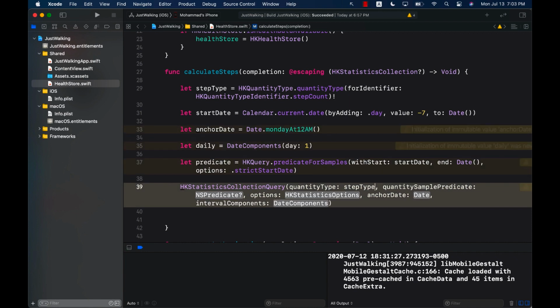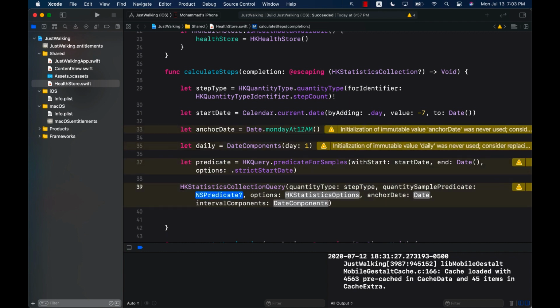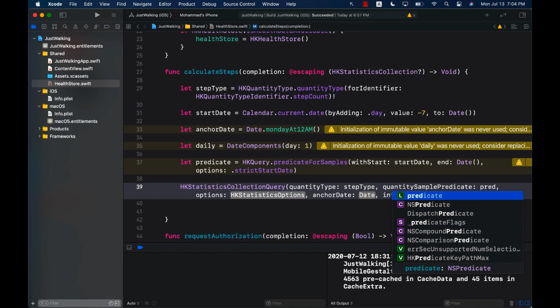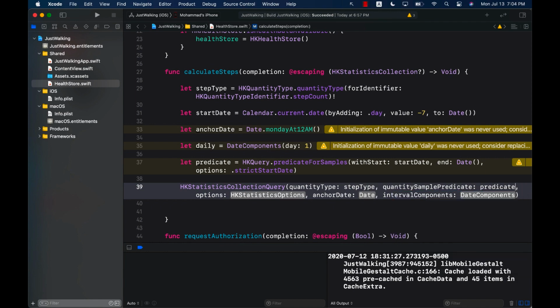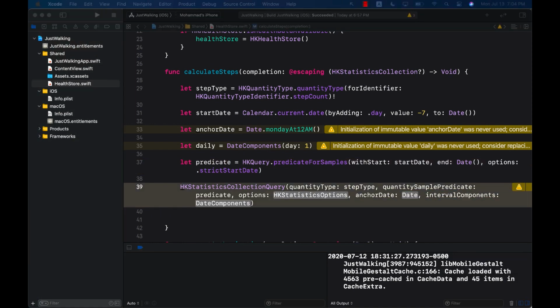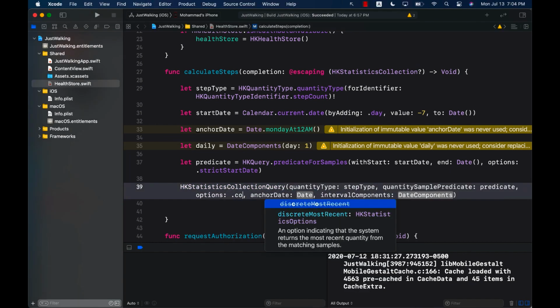Quantity sample predicate. Well, luckily for us, we also have the predicate which we created on line number 37. So we'll pass in the predicate. Then some sort of options that you want to pass in. You have many different options, but what we want is the cumulative sum. So I'm just going to pass in cumulative sum,